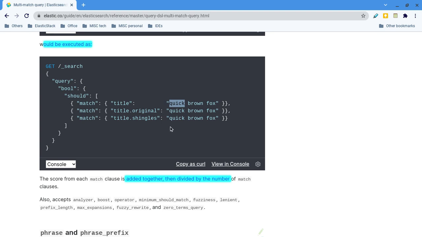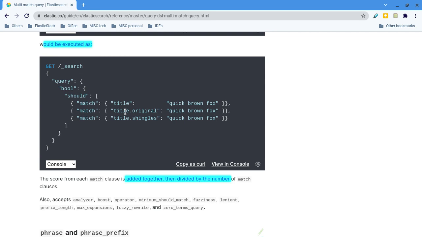It will combine all the scores. Let's say one document matches this field and this one, another document matches this one and this one, and a third document matches all three. For each document we have to calculate the score value in the result. Scoring is based on the given query string; it is not a constant value like an indexed value, so we cannot index the score. The score has to be calculated for every query.